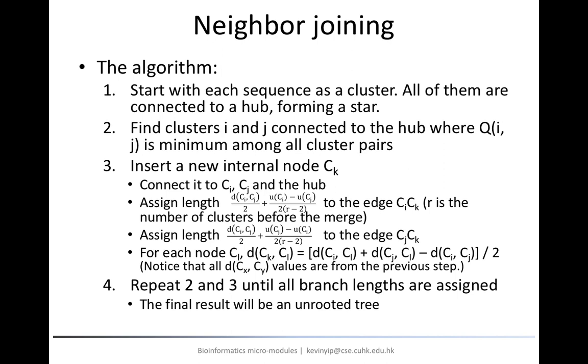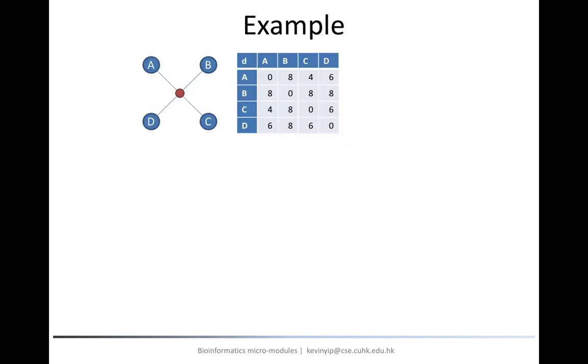Notice that the final result of neighbor joining is an unrooted tree with the root position not defined. At the end of this module, we will discuss how the root position could be determined if we need it. Let's see a complete example. Here we have four sequences with their pairwise distances already computed. This distance matrix is the same as the one we saw in the first example of the UPGMA module, except that instead of having 5 input sequences, we only consider 4 here to make it simpler.